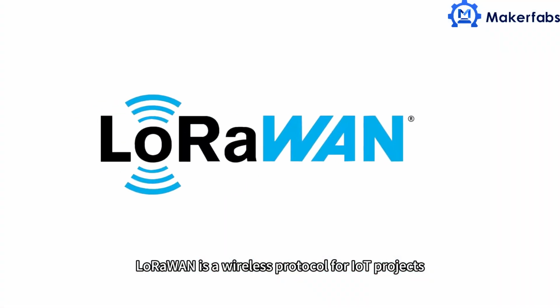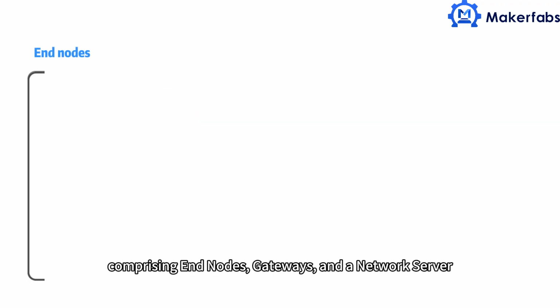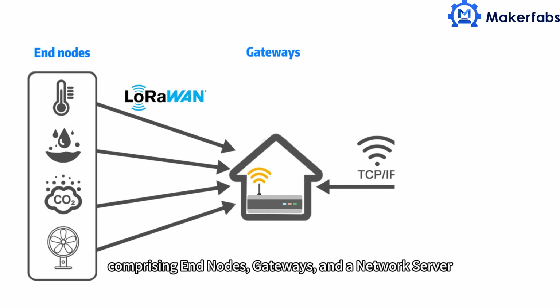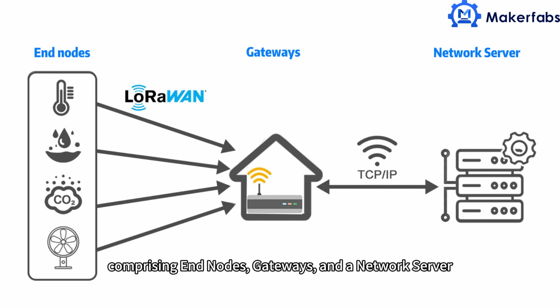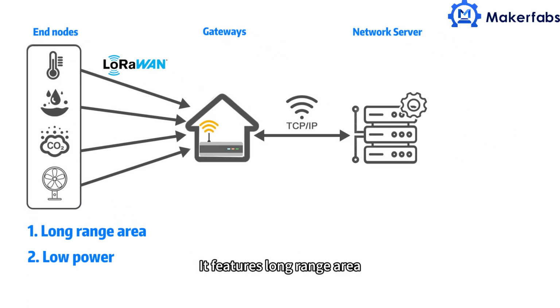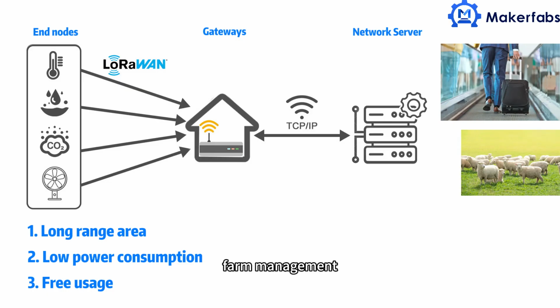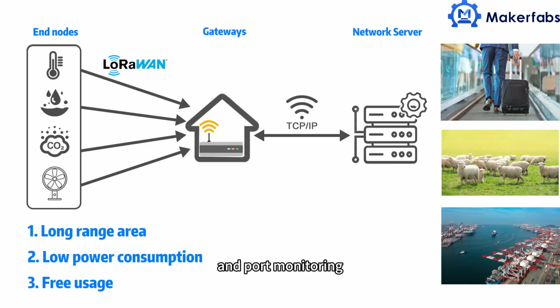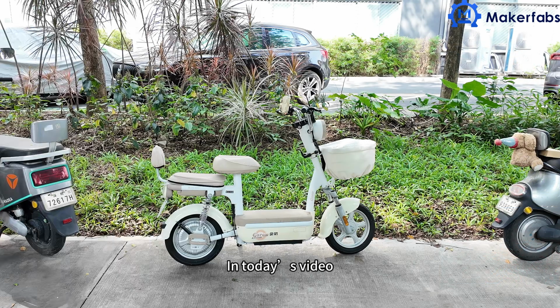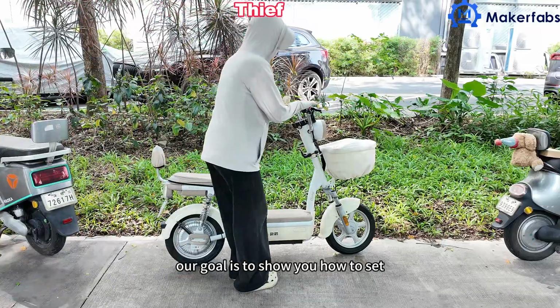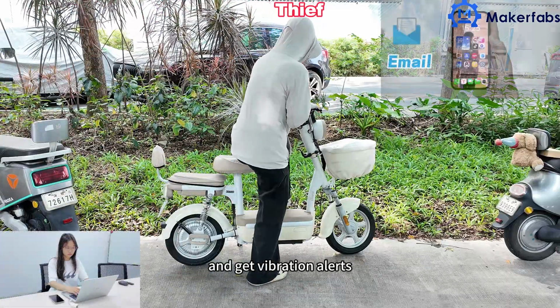LoRaWAN is a wireless protocol for IoT projects, comprising end nodes, gateways, and a network server. It features long-range area, low power consumption, and free usage, ideal for low-power, low-speed applications like asset tracking, farm management, and port monitoring. In today's video, our goal is to show you how to set and get vibration alerts with